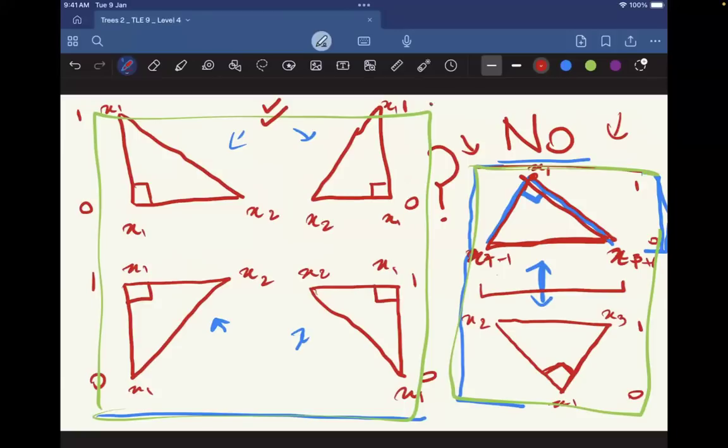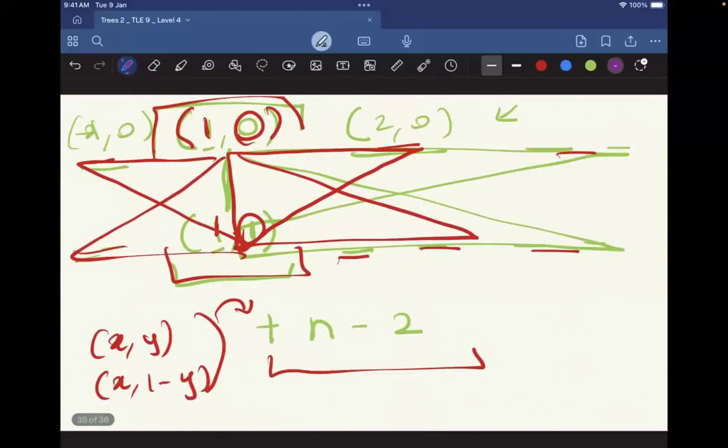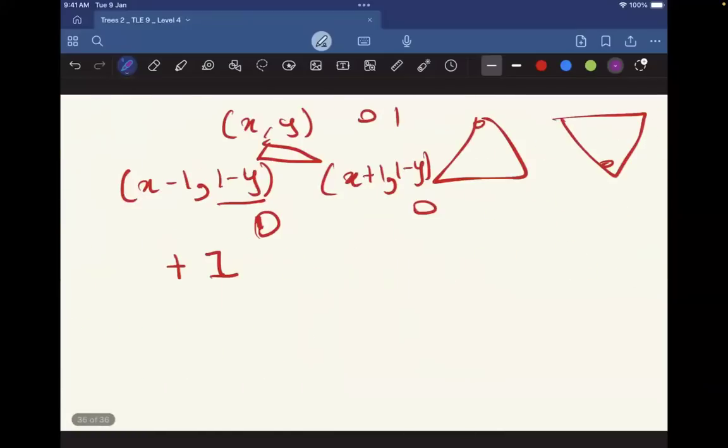We want to count the number of triangles we can make using this, the number of triangles we can make using this. One common observation in this type is that your x-axis is fixed regardless. So what we can do, we can just count the number of triangles where x-axis is equal. Basically, for x comma y, x comma 1 minus y exists. If that is the case, I add n minus 2 to my answer for all possible, right? Now, similarly, if